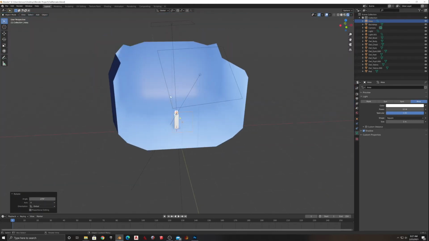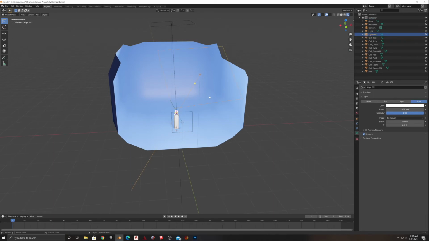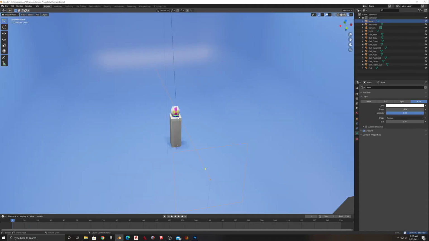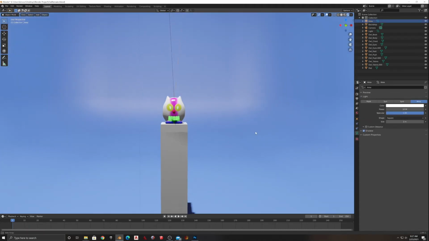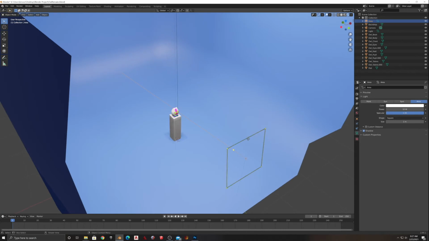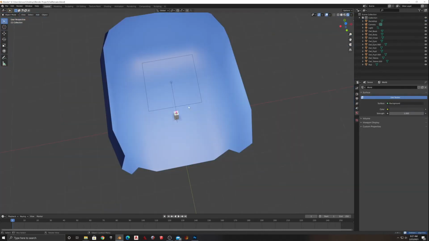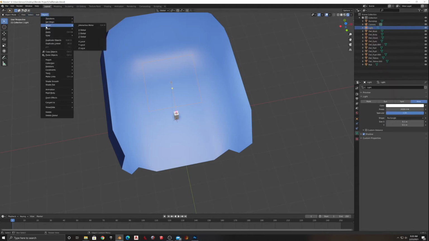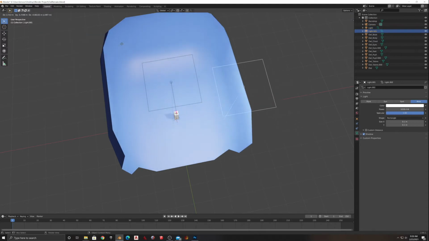Then I think I want to move this one. Let me just delete that one with the delete key. And I think I'm going to delete this one too. And I'm just going to use 2 of these. So I'm going to right click here, or you can actually do object duplicate. I believe it's in here. Yeah, duplicate objects. So now you've got 2 lights with the same parameters, which is going to be good for